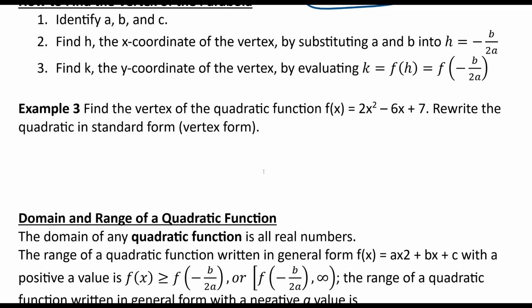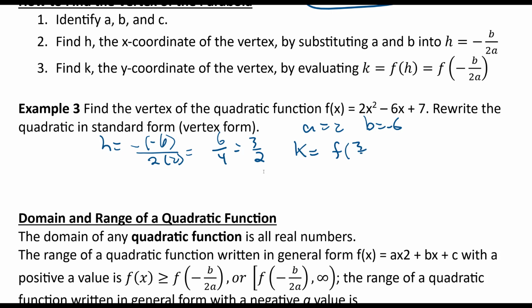Well, h is going to be negative of negative 6. Our b is negative 6. Our a is 2. Negative 6 over 2 times 2. So that's going to be 6 over 4, or 3/2. And our k is going to be f of 3/2,